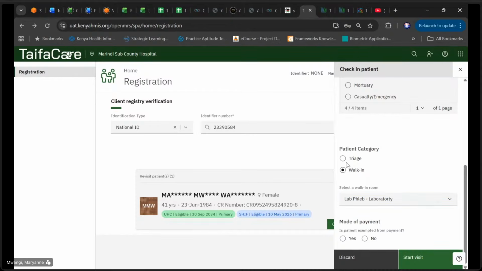So for our patient, we're going to say they're coming for clinical services, and we're going to select the first room where we need to send them. We can say we are sending them to triage room 1 within the OPD. Then once we have determined what our patient is coming to the facility to do, the first service that we need to offer them and where we need to send them,